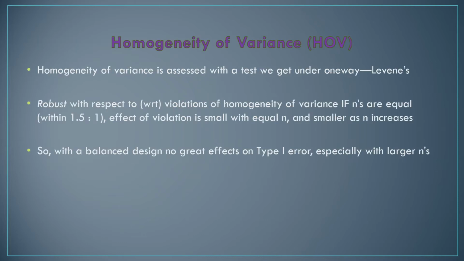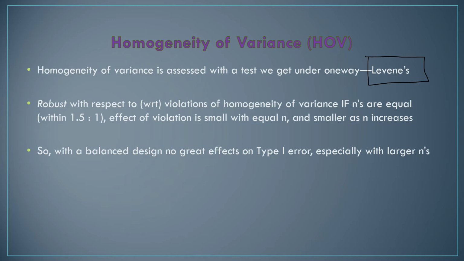So the test that's typically used to test homogeneity of variance is the Levene's test. And for most programs, including SPSS, you will automatically get a Levene's test with your ANOVA output as part of your results. And it's important to really look at, do you have this homogeneity of variance? And so for this Levene's test, you want it to not be statistically significant, so then you know that all of those variances across the groups are the same.